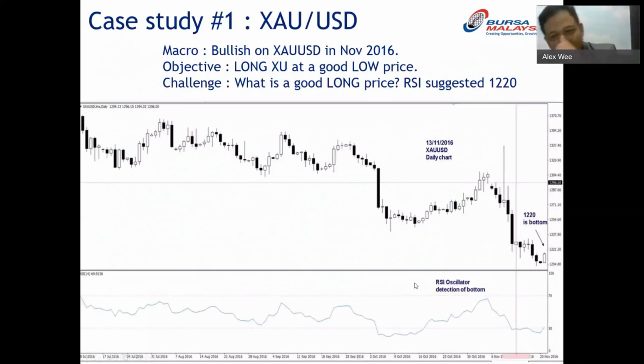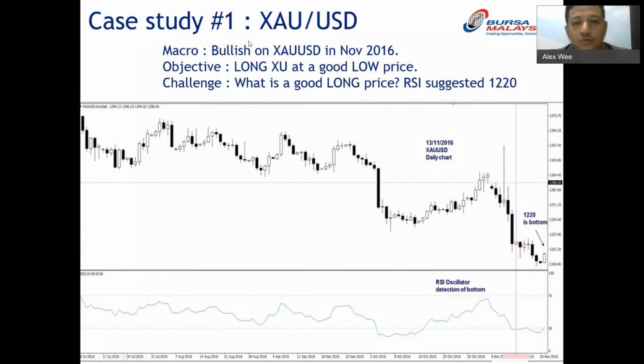I'll give you one case study, because you might argue, my stochastic is the best, my RSI is the best, my MACD is the best. I don't want to use your indicator. That's fine. Of course, you can use your own indicator. I'm just giving you ideas. Definitely, you can choose to research these new ideas, or you can choose to use your old ones. That's fine. But I just want to give you one case study.